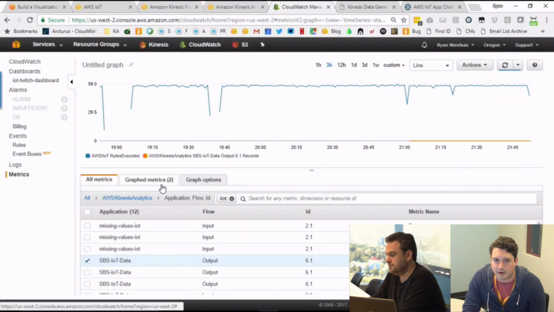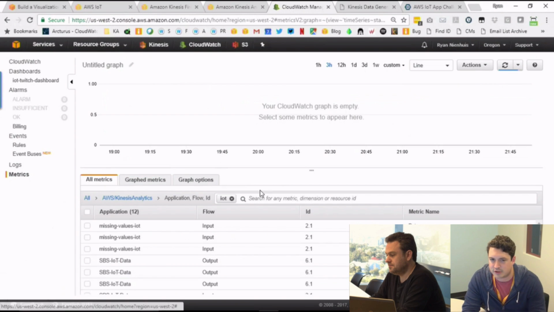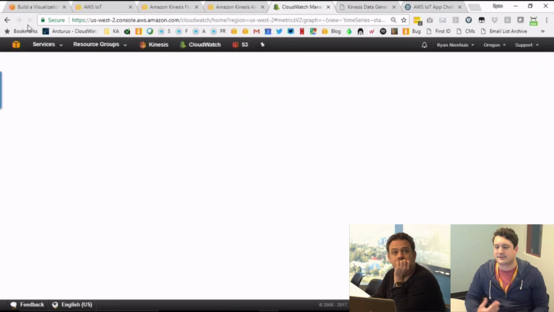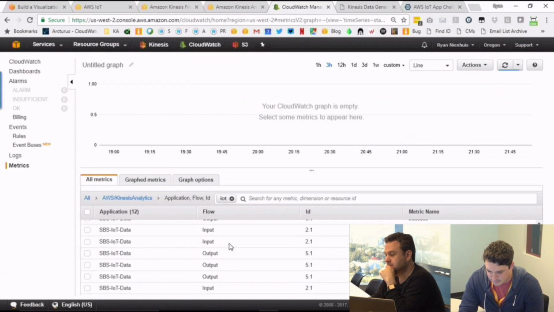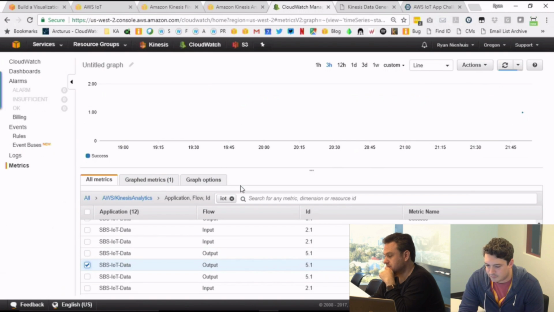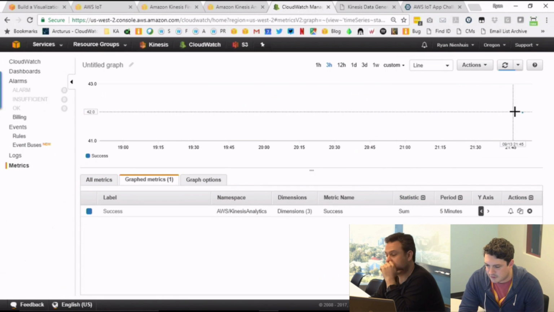I'm going to go back here, I'm going to ungraph the metrics, and I'm going to make sure that I got the right metrics selected for the Kinesis Analytics application. And what we'll see is CloudWatch takes about 30 seconds to a minute to propagate metrics. So while that populates, output records, there we go. It's quicker than I thought. So you see some. The first minute data point that we have outputted is already showing up. Let's see if it shows up on my dashboard.